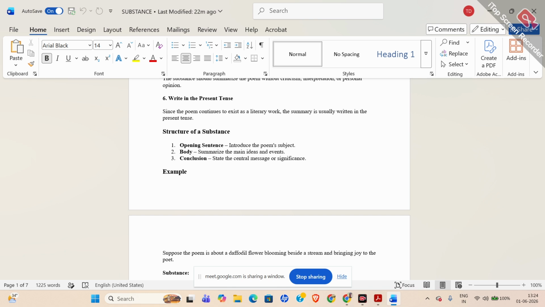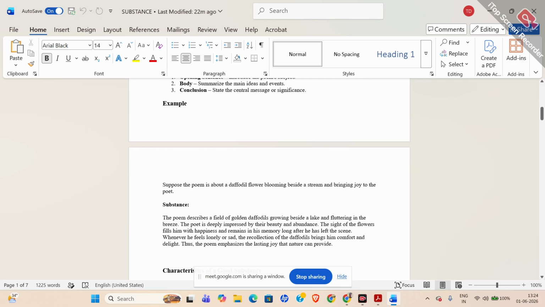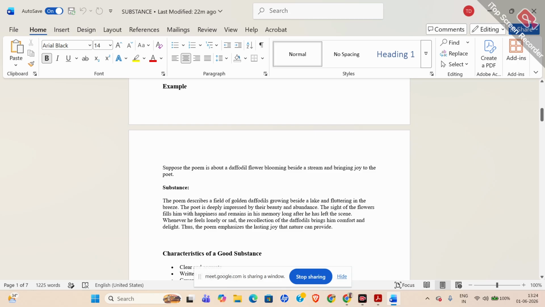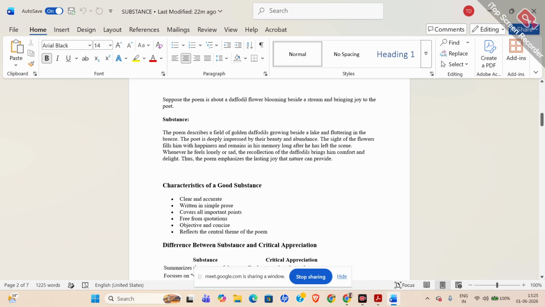So এখানে লাস্টে উনি কি বলেছেন, কবি লাস্টের লাইন বা কাপলেটে বা লাস্ট লাইনে ই কনক্লুডস বাই সেইং বলে এইটা দেবে। এখানে এক্সাম্পল দিচ্ছে, দেখো আমি ড্যাফোডিলস এর কথা বলছিলাম। Suppose the poem is about a daffodil flower blooming beside a stream and bringing joy to the poet. So the daffodils by William Wordsworth, তোমরা হয়তো পড়েছো তাই জন্য বলছি, এটা খুবই পরিচিত একটা কবিতা।